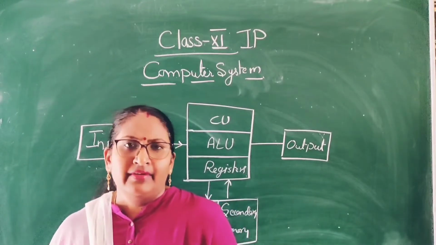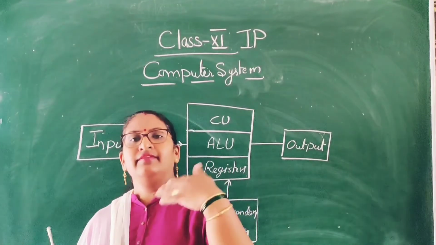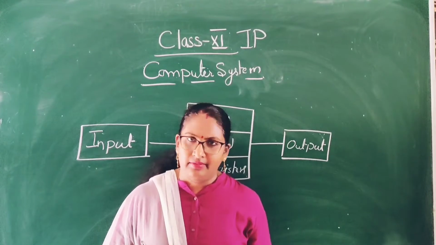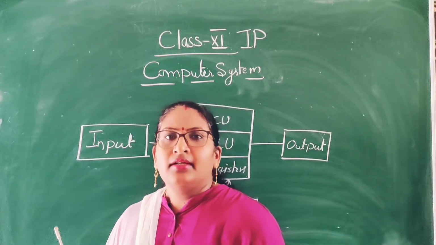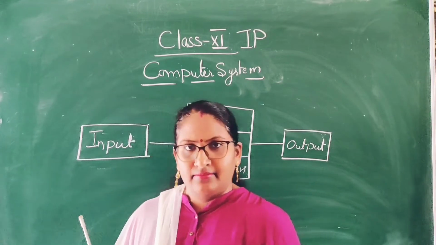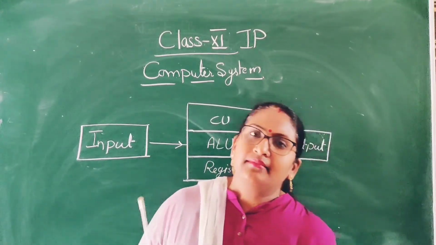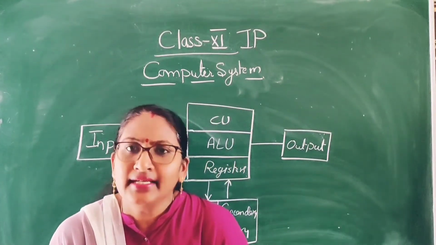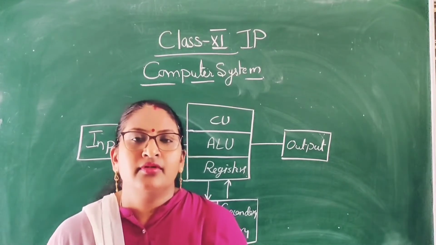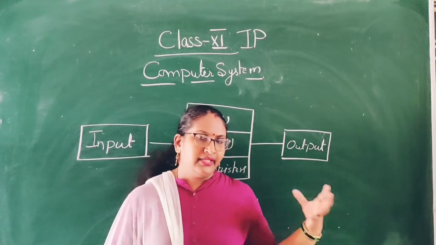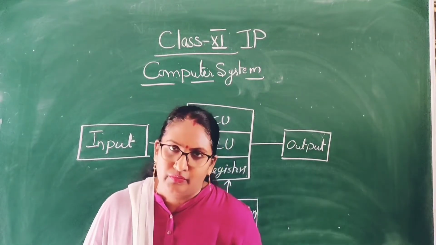Till now we have learned a lot of things, and we will revise what we have learned in our previous videos. Okay, we are starting with the first chapter, chapter 1, computer system. Now what do you mean by computer? A computer is an electronic device in which we input raw data and get a perfect output.